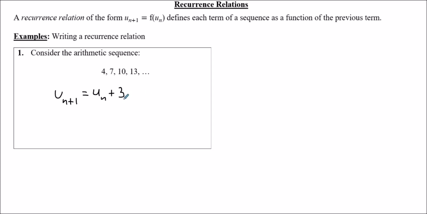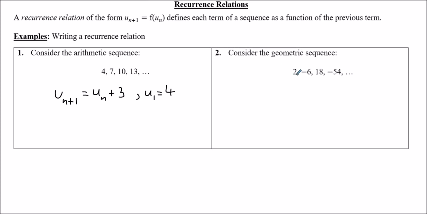And what we need as well to make us know a certain reference point, we need like an anchor to start us off. So normally you'll be given what u1 is, or maybe sometimes u2. So un plus 1 equals un plus 3. And we can say that u1 is 4. And that would be sufficient to generate the whole sequence. On the other hand, if it were geometric, like so,